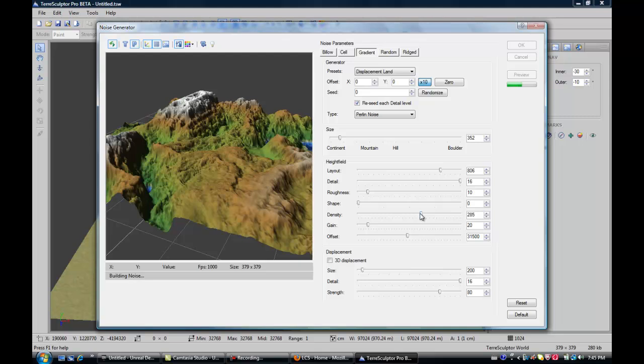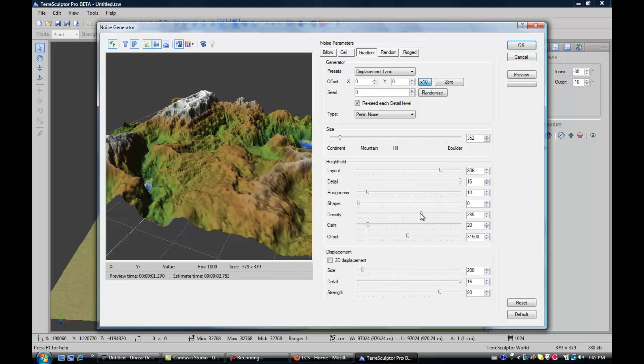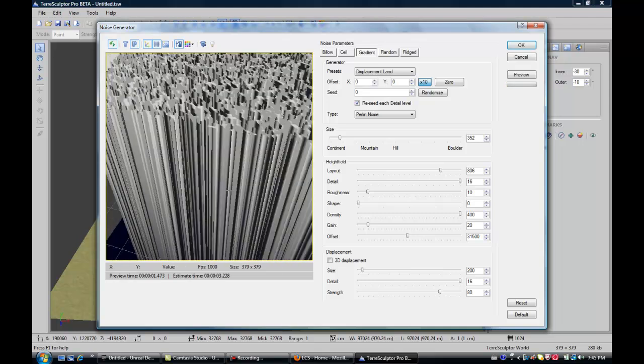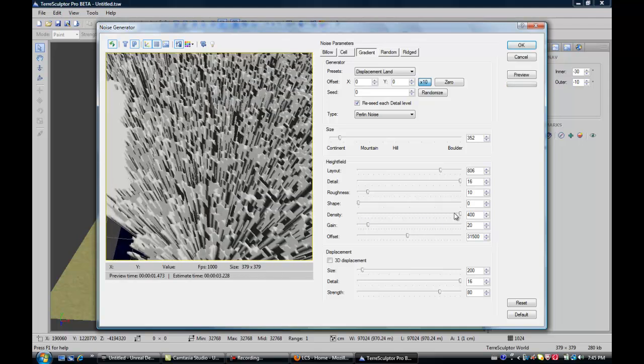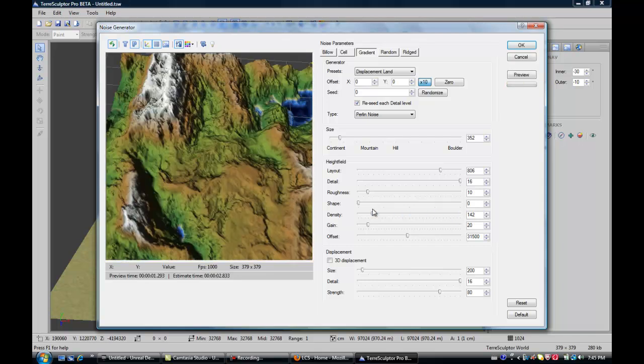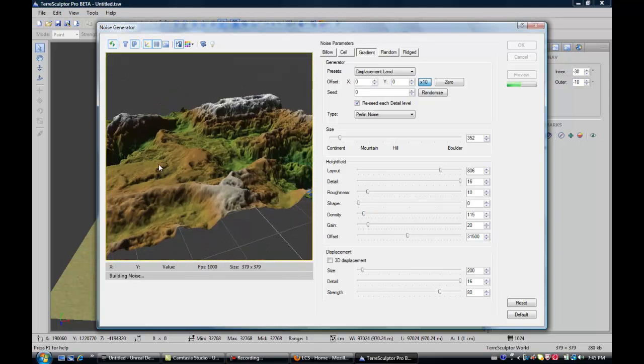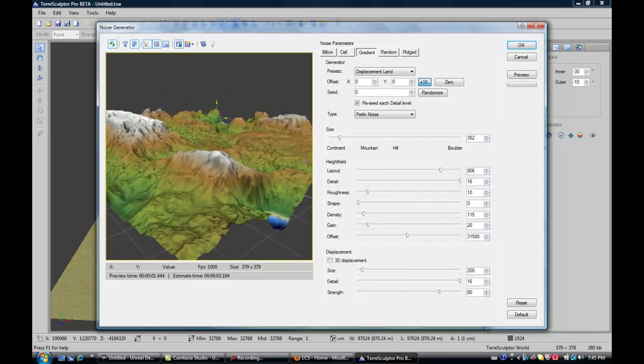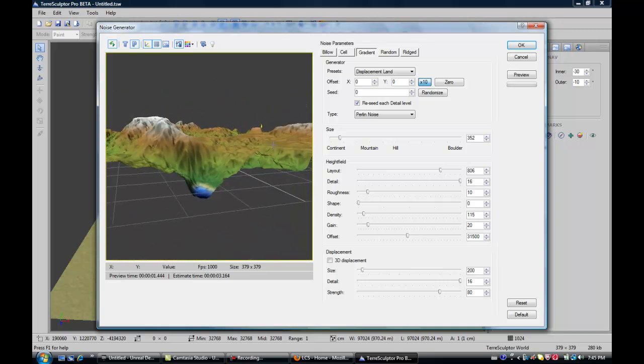Density. This doesn't really do much. Yeah, see, gotta move stuff around a little bit. Oh, well, not that stuff. Yeah, it just gets closer and stuff. I'm gonna change that back to about there. Yeah, that's good. Gain is the difference between the top, like this blue part on the bottom, and the very